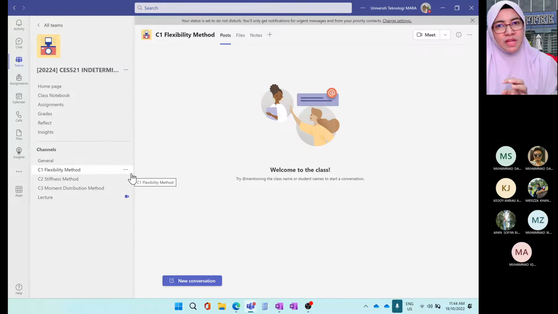Lepas tu masuk topik deflection. Dalam topik deflection tu, kita apply balik reaction calculation, apply balik internal forces calculation untuk dapat displacement in beam, displacement in frame, displacement in truss. Okay, we analyze using unit load method or principle of virtual work, where we have two systems called real system, real structure, and virtual structure. Do you remember?